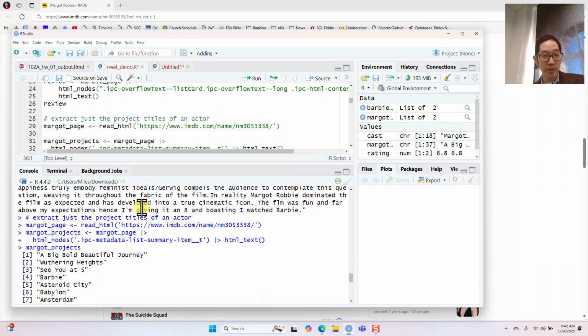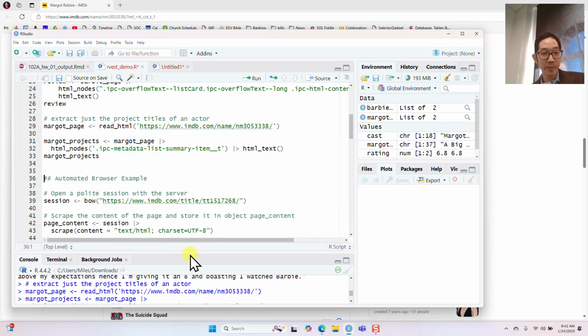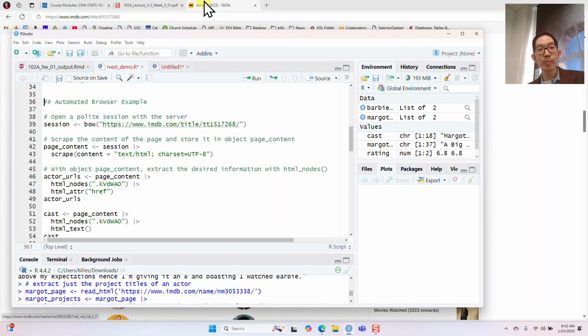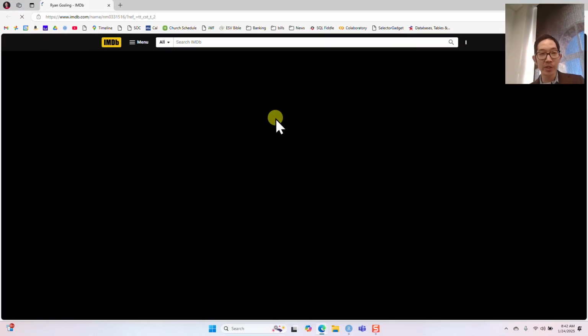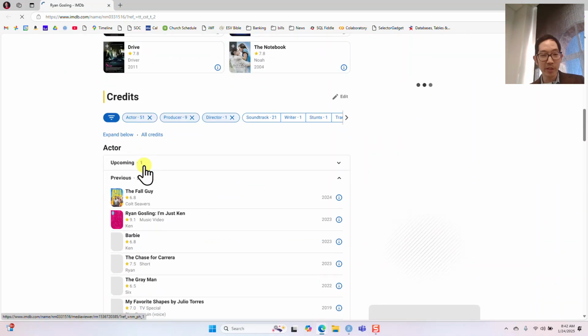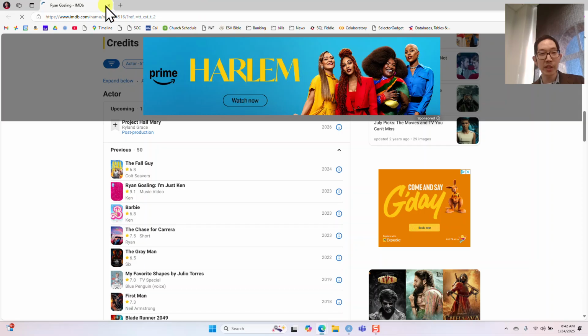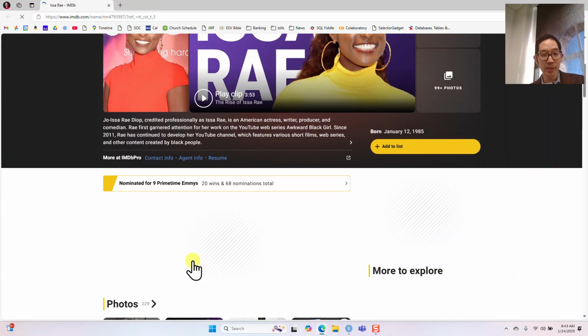And we can see, yeah, a big, bold, beautiful journey, Wuthering Heights, See You at 5, Barbie, et cetera, et cetera. Okay? All right. And so what I want to do now is have this automated browser, which is going to start on the Barbie page and go through the different actors. So I visit Margot Robbie's page, then we're going to go to Ryan Gosling's page, okay? And then we're going to do the same kind of thing for Ryan Gosling. We're going to download these project names, and then we'll go to Issa Rae's page, and we'll download